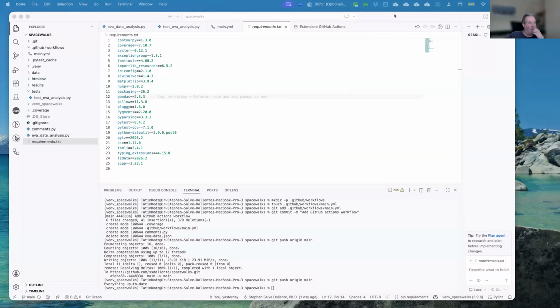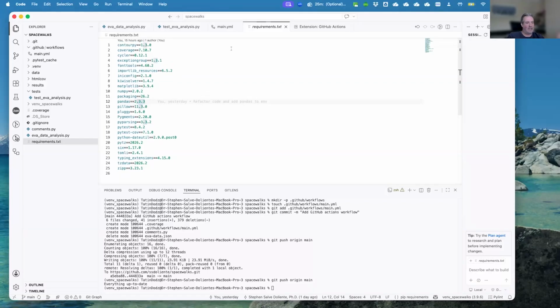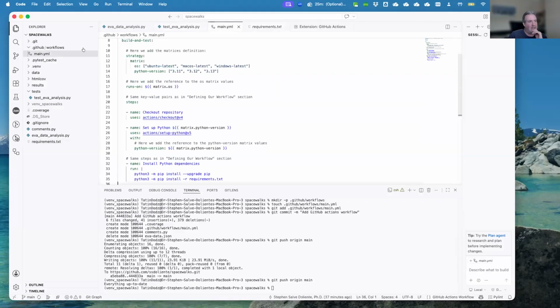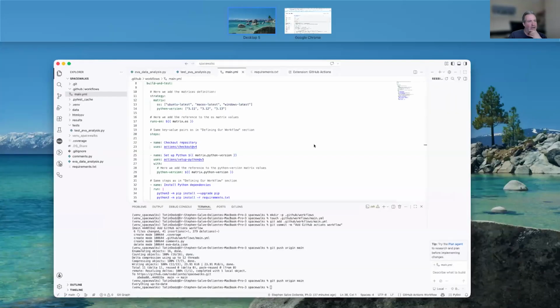Okay, all right. So let's have a look. So I see you've got your requirements.txt. That all looks quite reasonable. So the other thing we can do to diagnose the problem, and this is a learning experience for everyone, would be to go and have a look in detail at your workflow report. If you go to your web browser and have a look at the actions report for running the workflow,